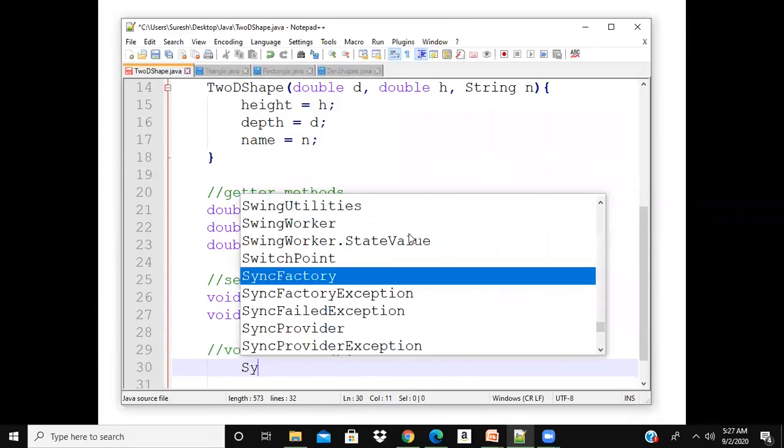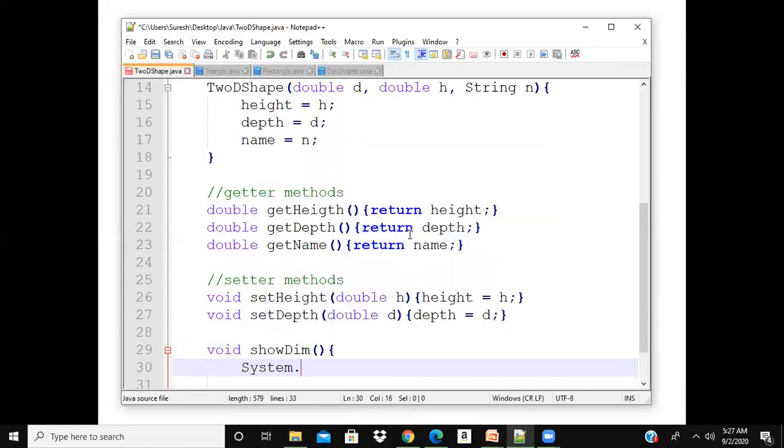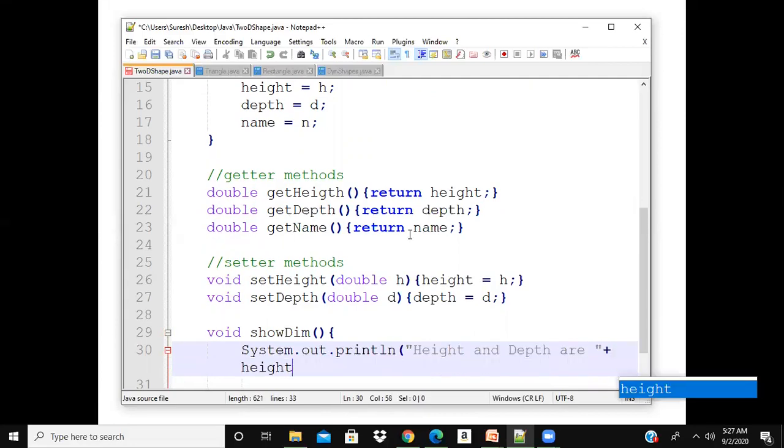Here I'm writing System.out.println, height and depth are, as height and depth, with printf.